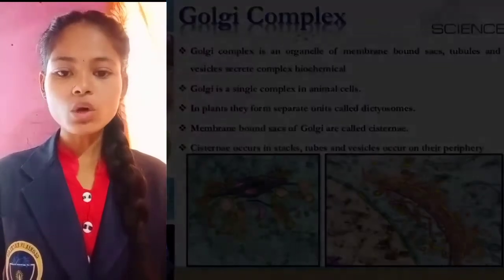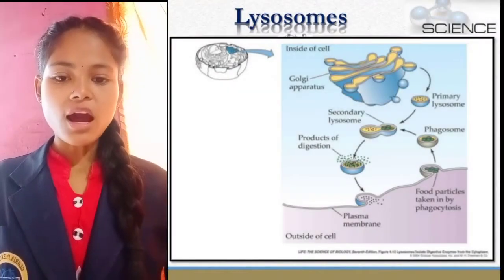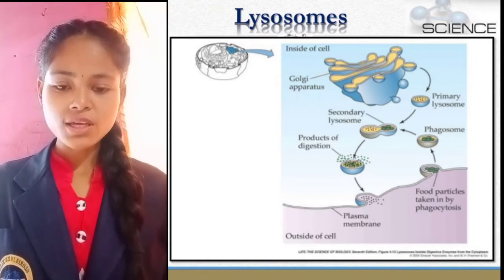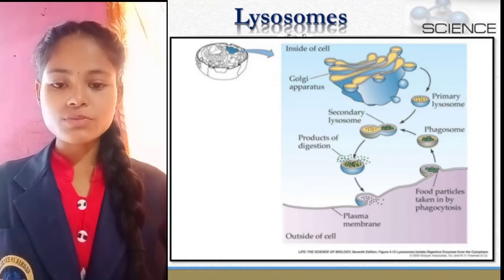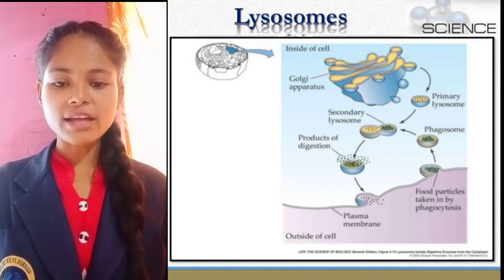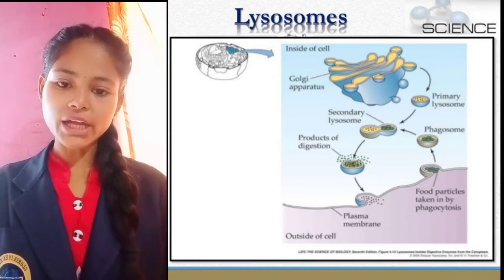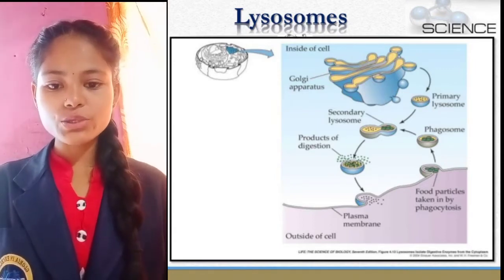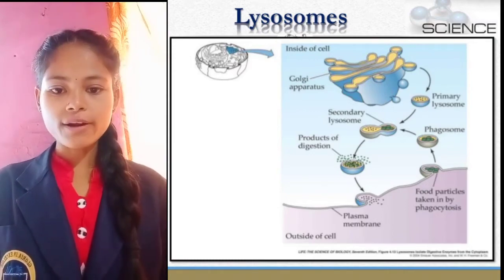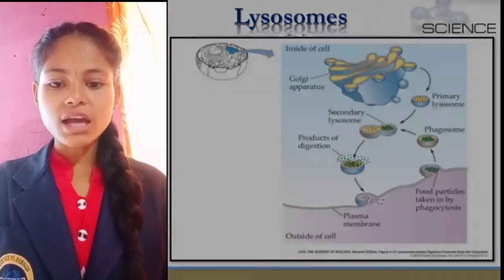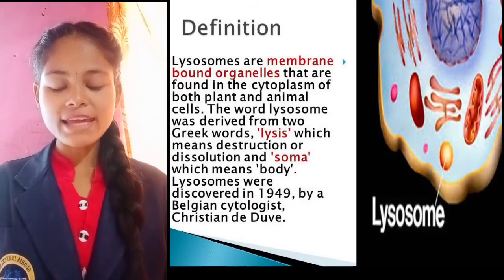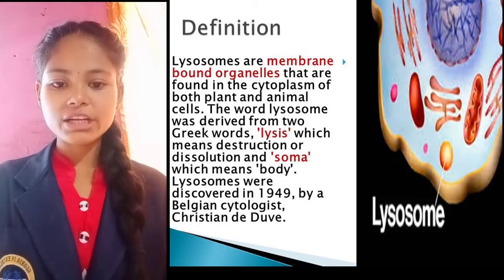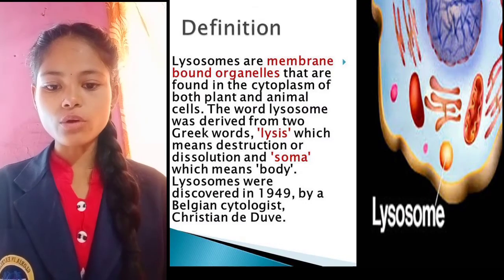Now let's see what lysosomes are. Lysosomes are also called suicide bags, as they contain various enzymes, and whenever the cell becomes non-functional, they burst and digest the whole cell. In this way, they are called suicide bags. Whatever bacteria or microorganism enters the cell is digested or killed by these lysosomes. They have very powerful enzymes which digest the foreign materials entering the cell and whatever material in the cell is non-functional.